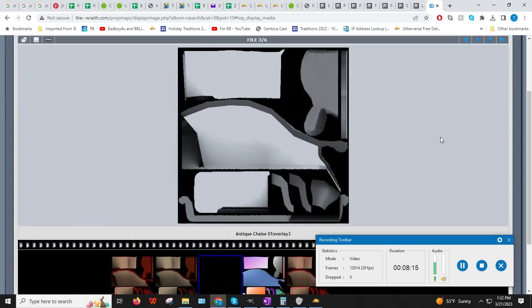Now this is the overlay. Have you ever mapped something and after you put a texture on it, you're like, well, that doesn't look right because there's no shadows, no outline or shadow? Well, this is why, because you don't have an overlay on it. Now the overlays, I know a lot of people will take just the texture they get online and put it straight onto the prop, no mapping,